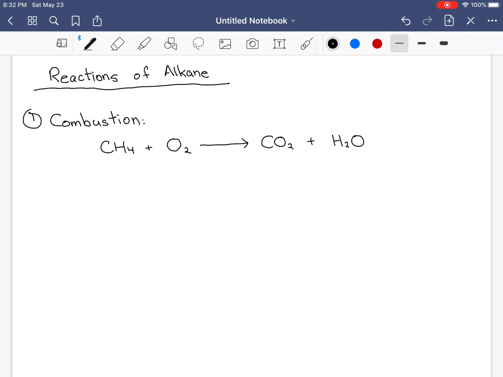Okay, so that's combustion. So looking at, of course, other alkane, like octane, reacting this with oxygen gas will give you the same thing. Now, what you need to do, which is still very important, is the balancing of these reactions. So make sure when you have time, you go through the balancing of these reactions. Now,